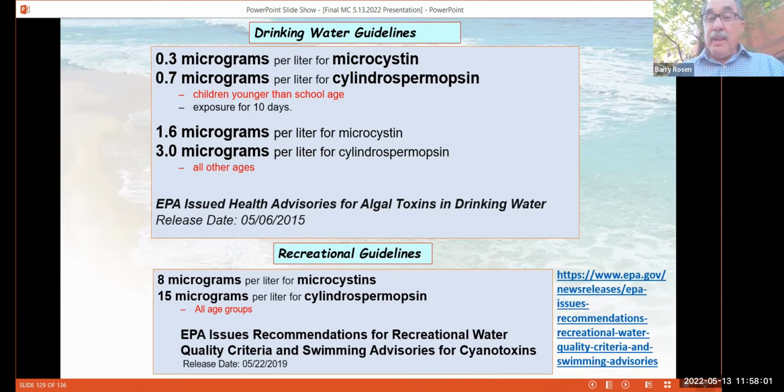But again, these are not regulations. These are guidelines. It was released after the work that happened in the Toledo incident, Toledo, Ohio. Recreational guidelines came along a little bit later. We have 8 micrograms of microcystin, 15 for cylindrospermopsin. But